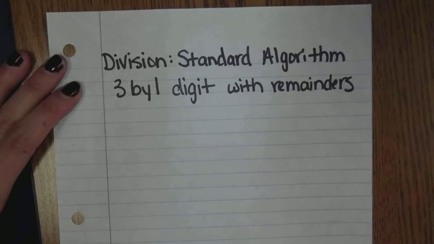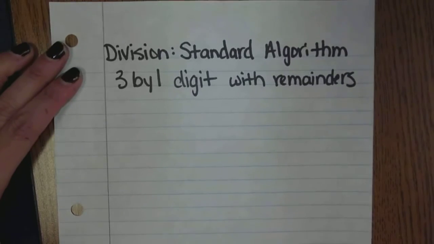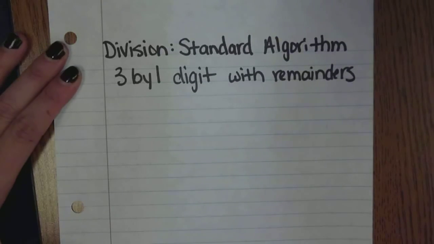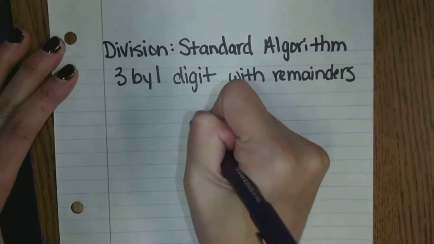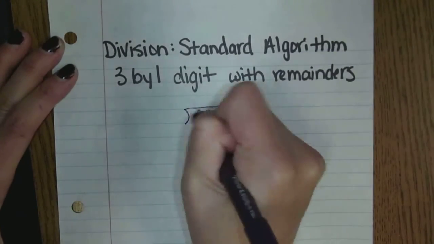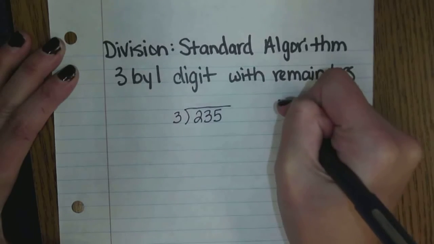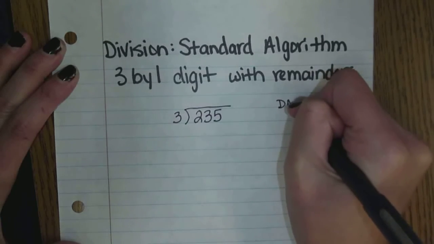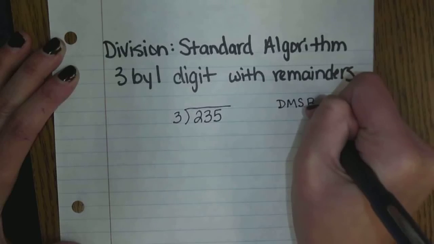This video is to show division using the standard algorithm with a 3-digit by a 1-digit with remainders. The problem we're going to start with today is going to be 235 divided by 3. First step is to do my division, my multiplication, my subtraction, my bring down, and my